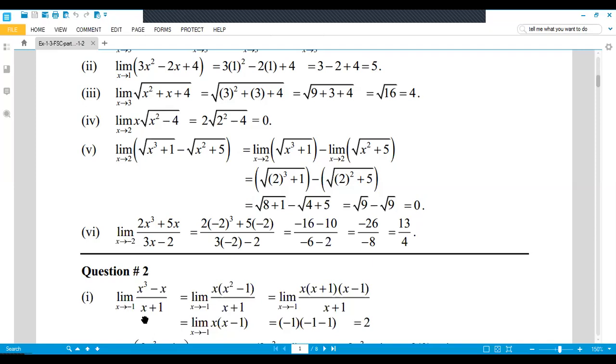So means that first you factorize it by algebraic rules. According to the rules you factorize. If you can factorize by taking common, you factorize it by taking common. If by applying a formula, you apply the formula and factorize it. If by the PQ method, apply the PQ method and factorize it. So you apply the rule and after that you apply the limit.